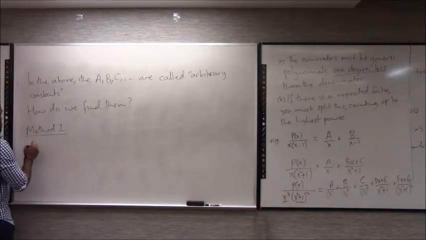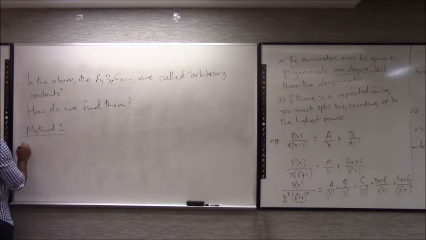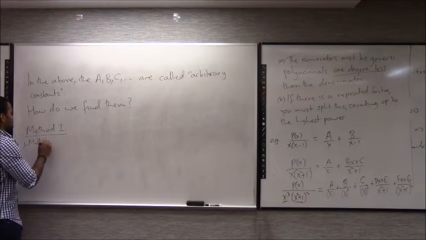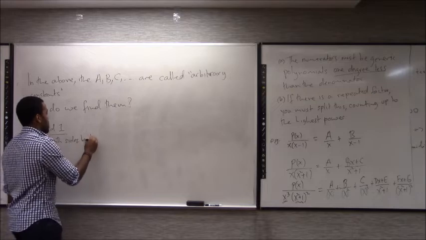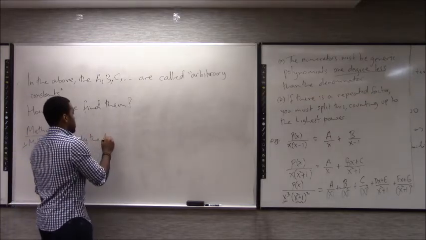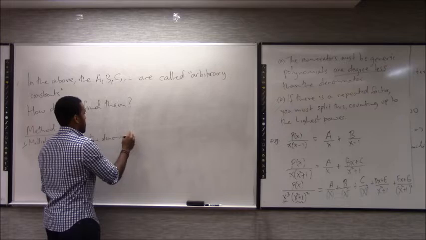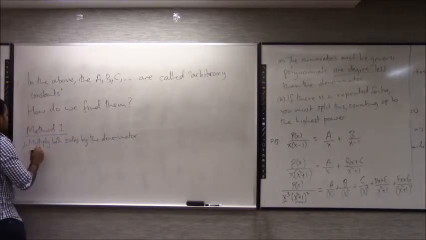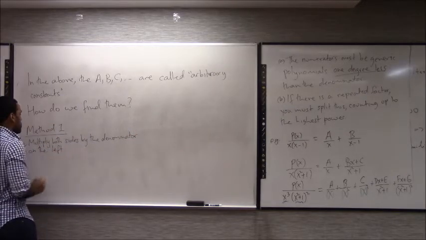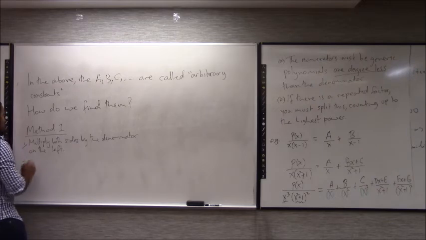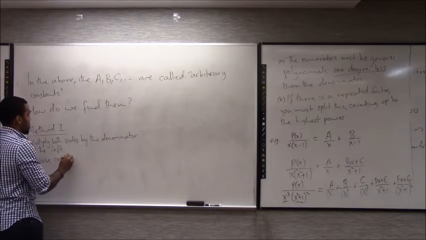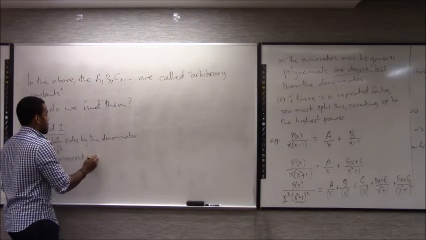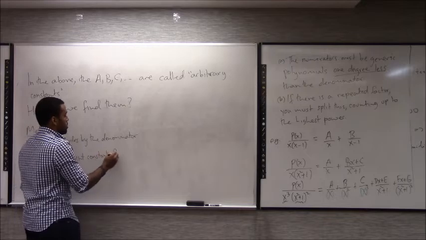So step 1 in this is to multiply both sides by the denominator on the left. And then what you're going to do is to choose convenient constants for the